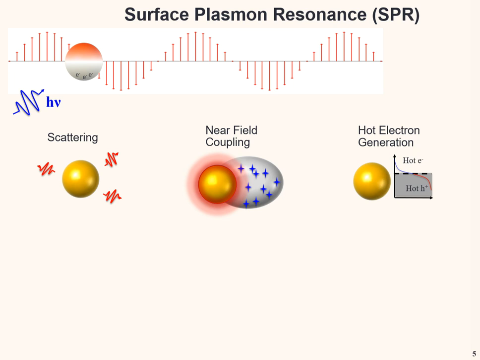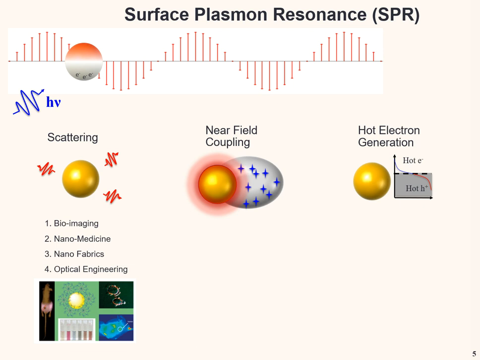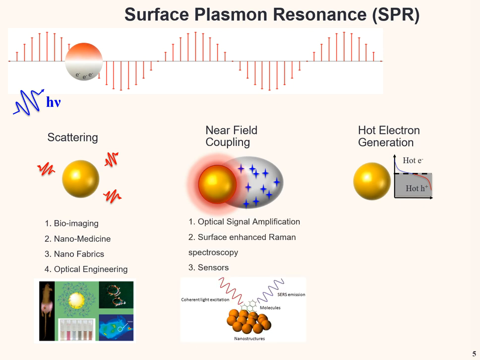When the nanoparticle becomes bigger, the surface plasmon energy will shift into the red. In this case, we can control the energy of the surface plasmon resonance. In the future, a lot of applications are based on this phenomenon. The first one is scattered light, because when we change the size of the structure, they have different optical responses. We can use that for bioimaging. Because of the near-field coupling between your nanoparticle and your environment, we developed surface enhanced Raman spectroscopy.